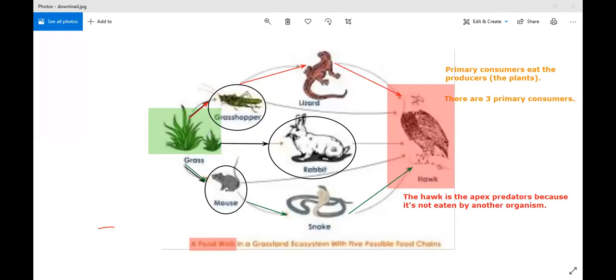I will say the last one. The grass is eaten by the mouse. The mouse is eaten by the hawk. And the rabbit is eaten by the hawk. That's right. The grass is eaten by the rabbit. So all of the food chains that you're going to say